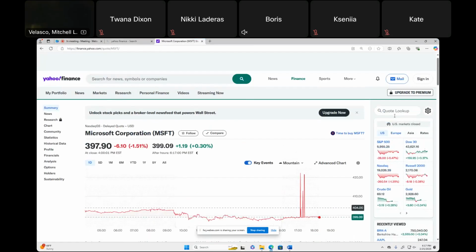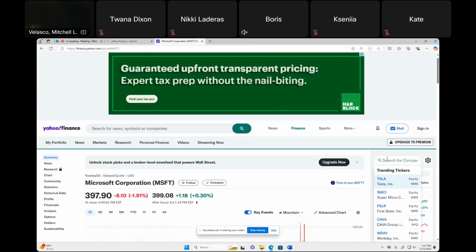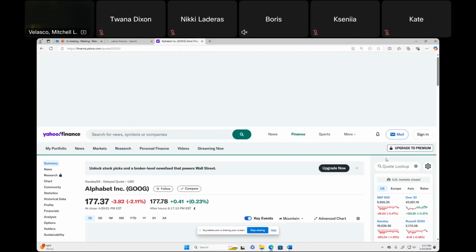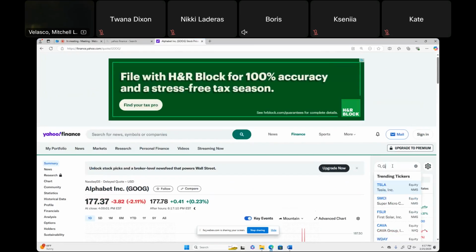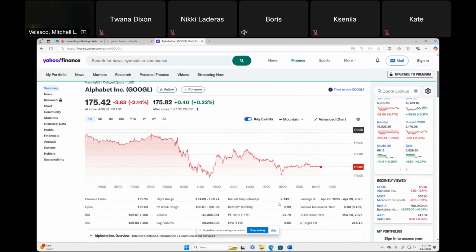The only example I can think of, at least off the top of my head, for Class A and Class C are GOOG, which is Alphabet, and similarly its sister stock, GOOGL. Both of these market caps, again, are $2 billion companies. Class A versus Class C stocks. That's one of the questions from the online attendees.